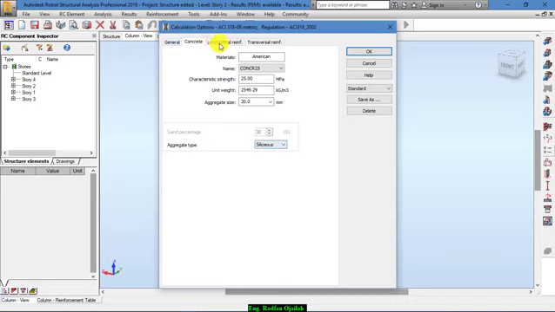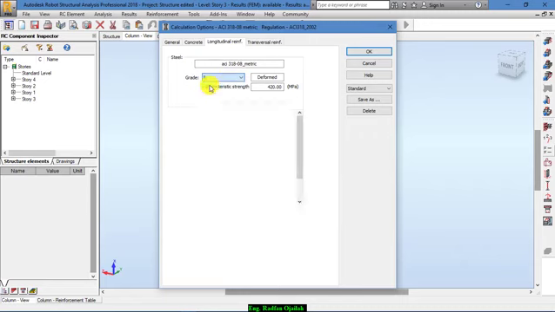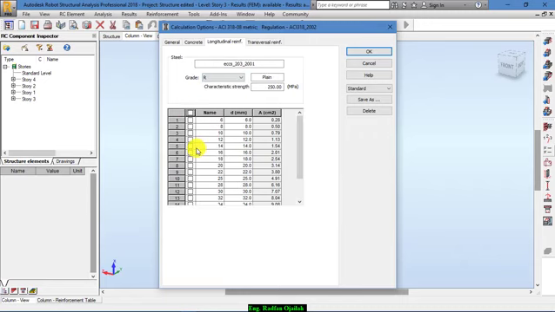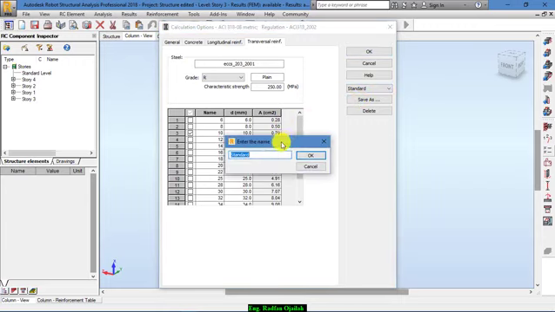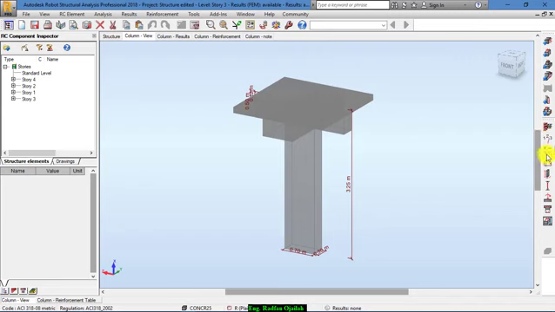aggregate type it's okay, and from longitudinal reinforcement we want grade R 18 and 20, and for stirrups we want only 10. Save that as column 1, then okay. After that go to reinforcement pattern